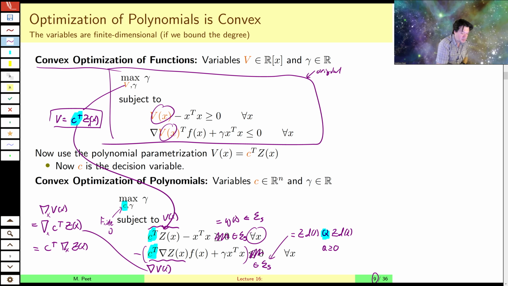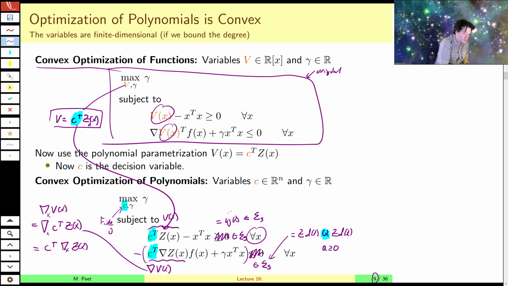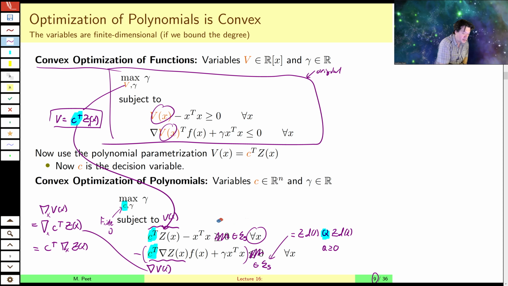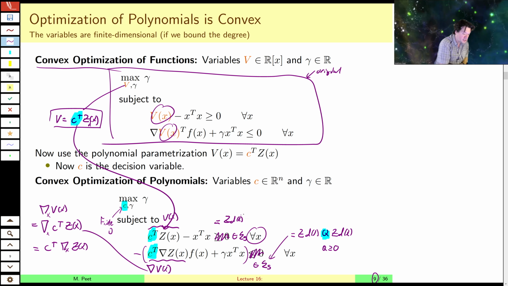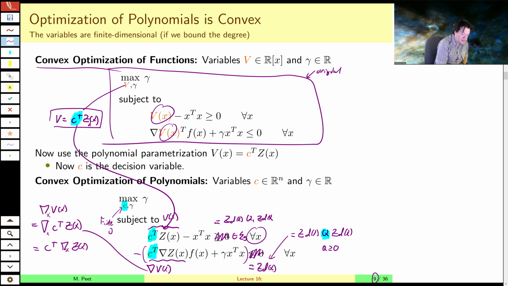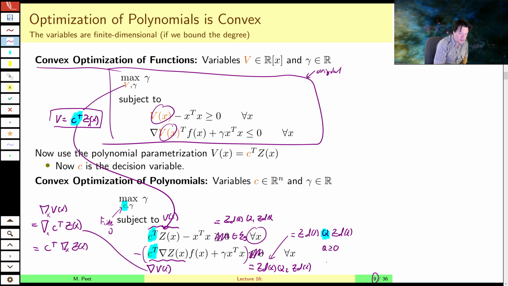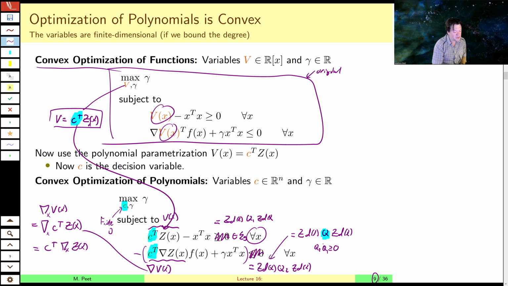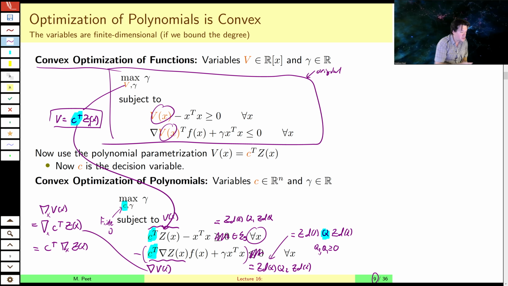And likewise we have one here, equals zd of x transpose q1 zd of x. And this we replace with equals zd of x transpose q2 zd of x, where q1 and q2 are both positive semi-definite. So now we have some new decision variables,